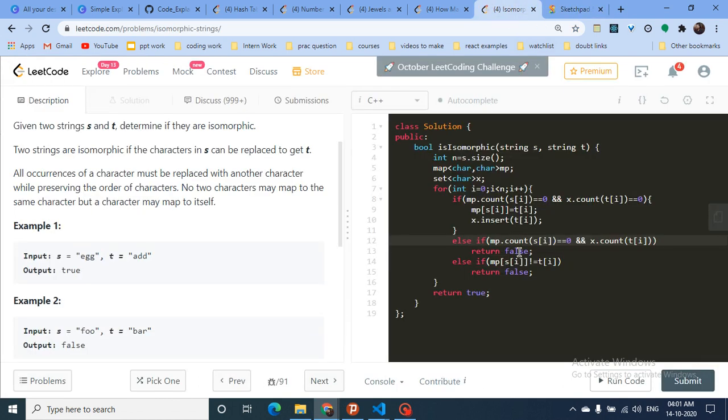That's how I'll check: if map of s of i is not equal to t of i, if this is not matching, then the answer is false. Else, if none of these false conditions are met, then the answer is true after we have iterated over all the values.